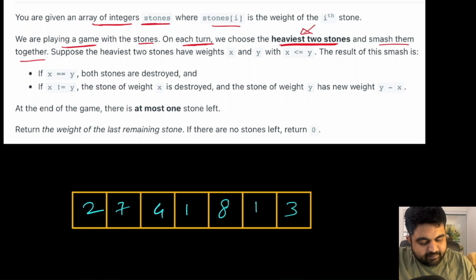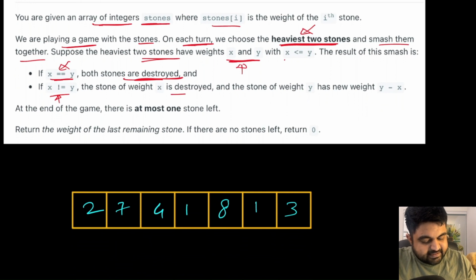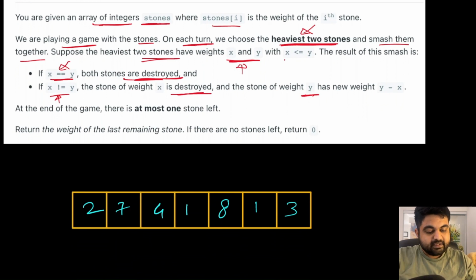Now there can be two possibilities. For two stones X and Y, either both are of the same weight, or they are of different weight, which means one is heavier than the other. If both are of the same weight, then both stones get destroyed, because we are smashing them together. If that is not the case, and one stone is heavier than the other, then the stone with lesser weight gets completely destroyed, and the stone with higher weight has a new weight of y minus x. So whatever the difference between the two weights is,